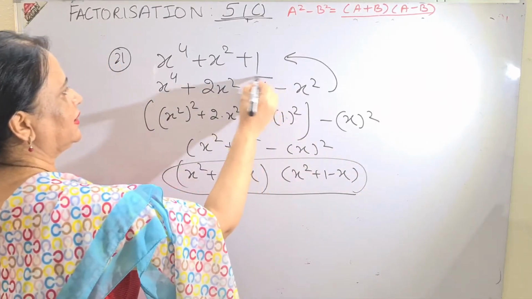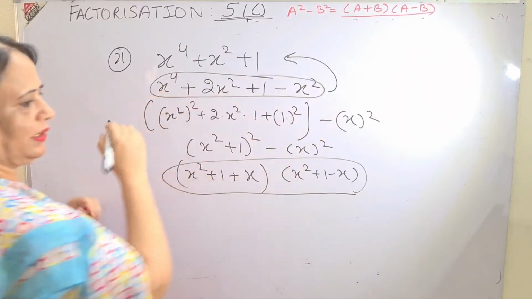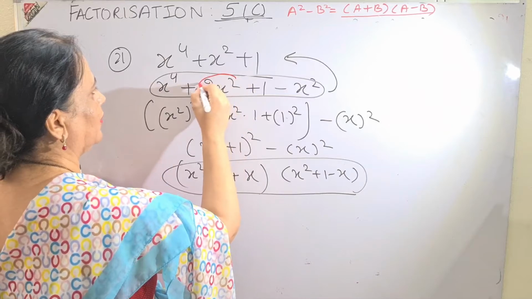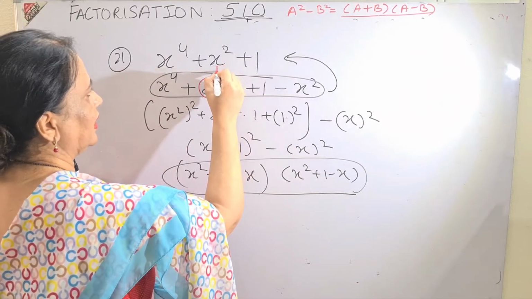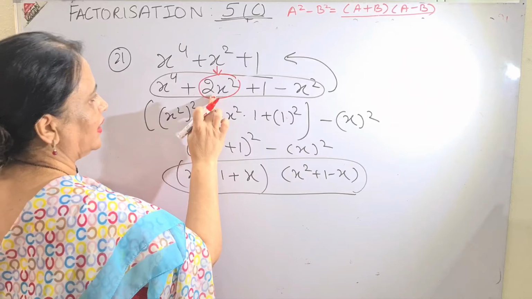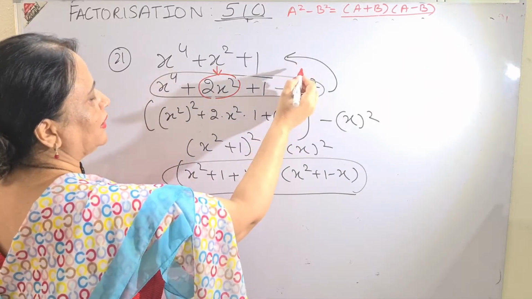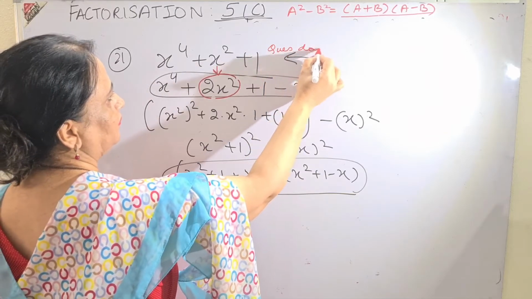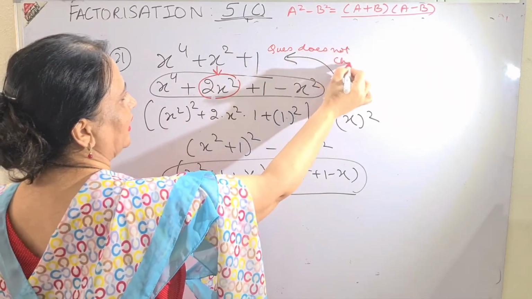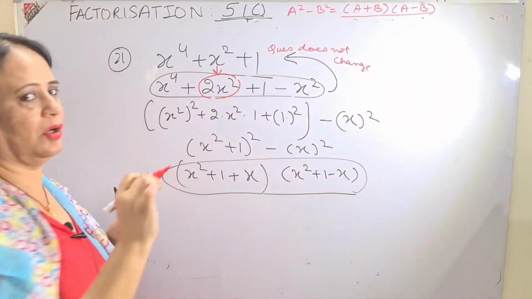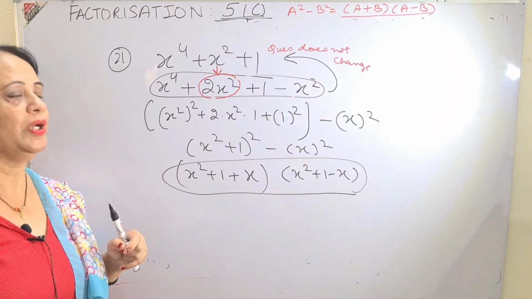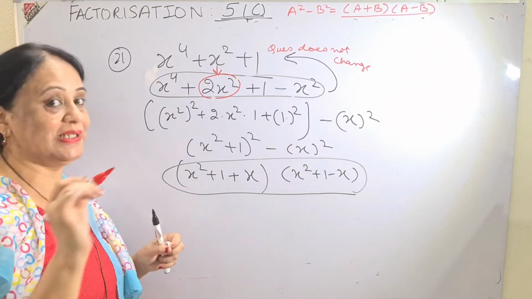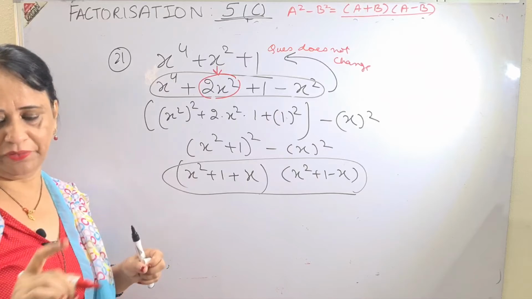This is your required answer. So this step is important. Be careful. I have written x square, I am marking with red pen, as 2x square. I have written this x square as 2x square, but I have added 1, so I have subtracted also. Basically, my question is not changing. The question does not change, just the form is changed, because I need to get it in the form of a square minus b square. Until I do these changes, I won't be able to do it. So I hope you have understood.